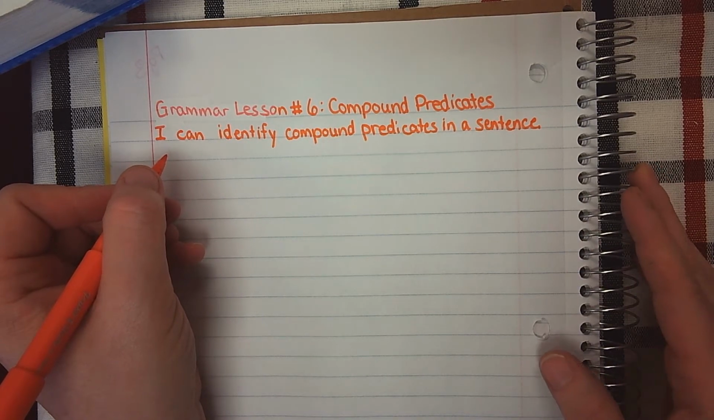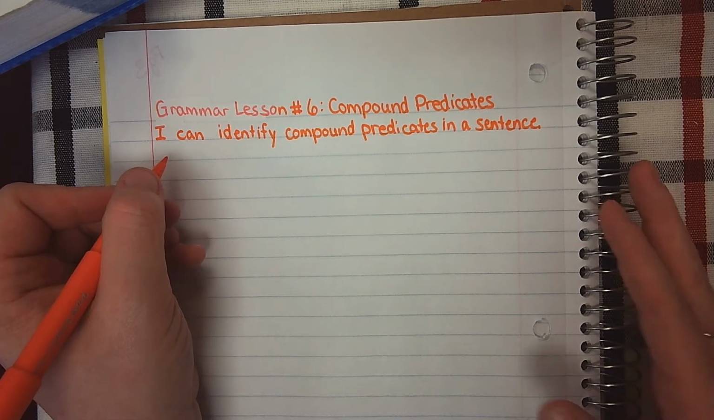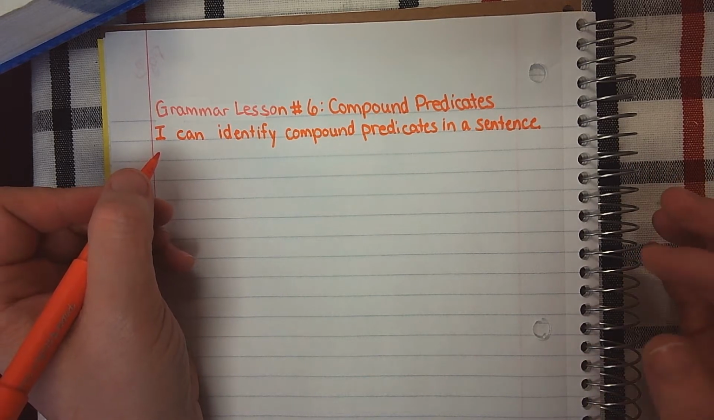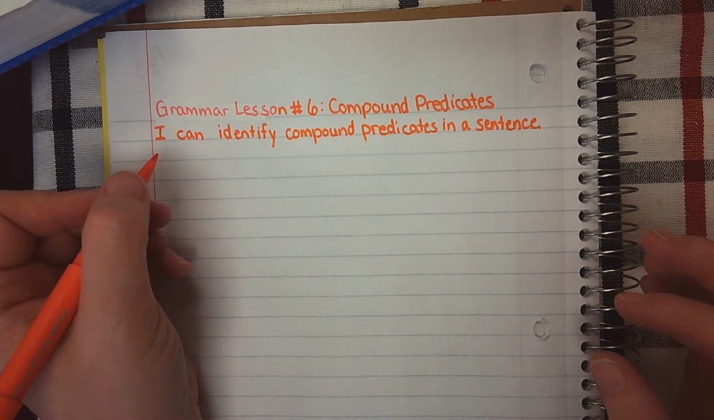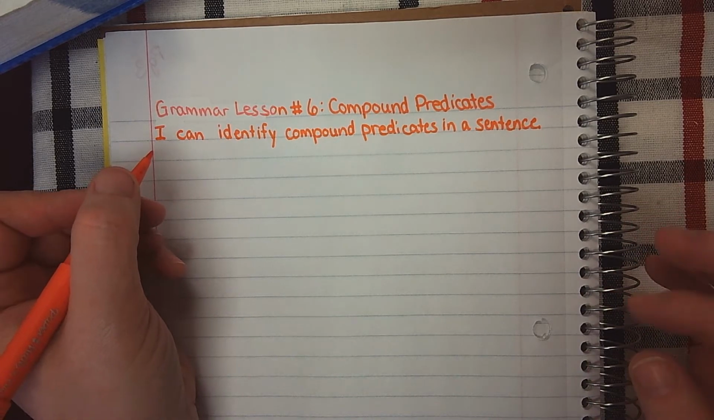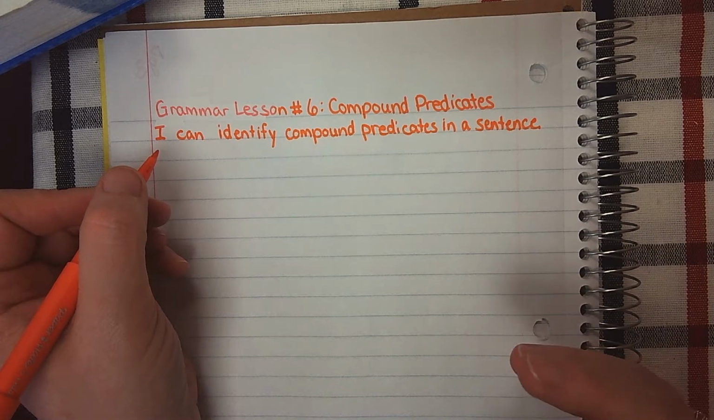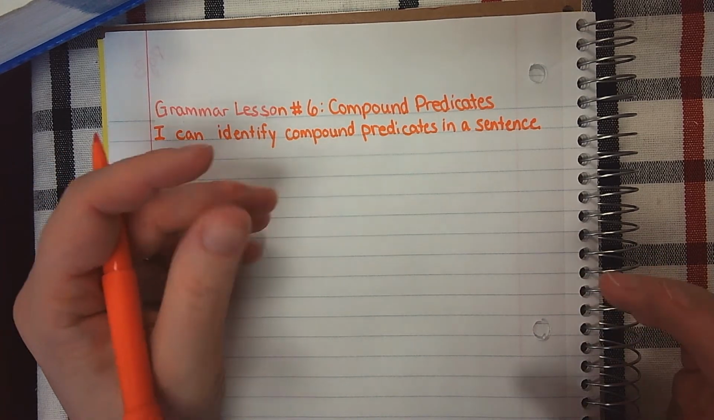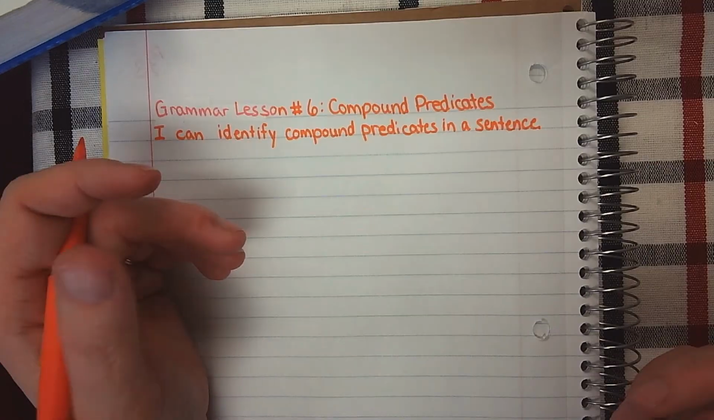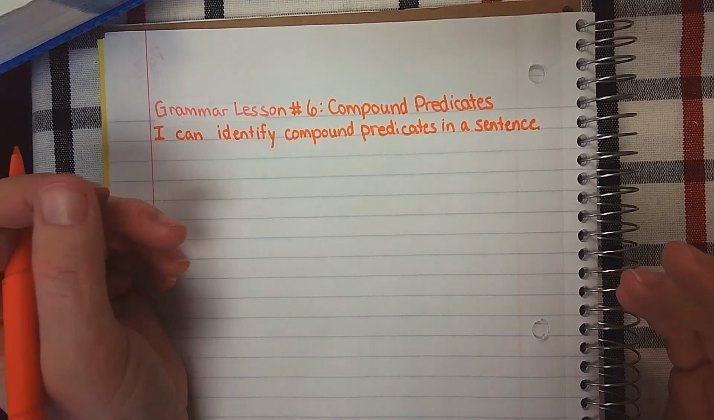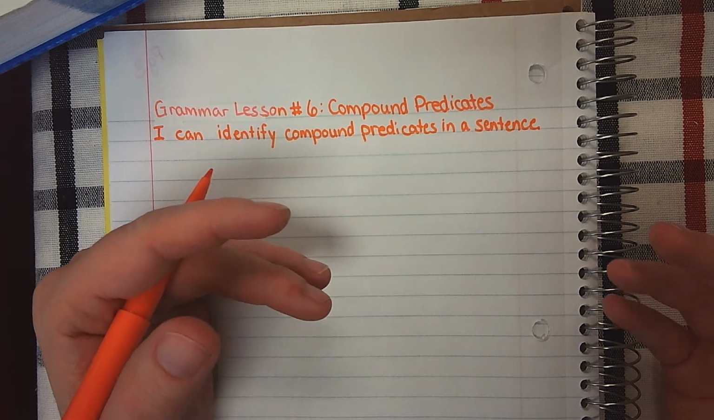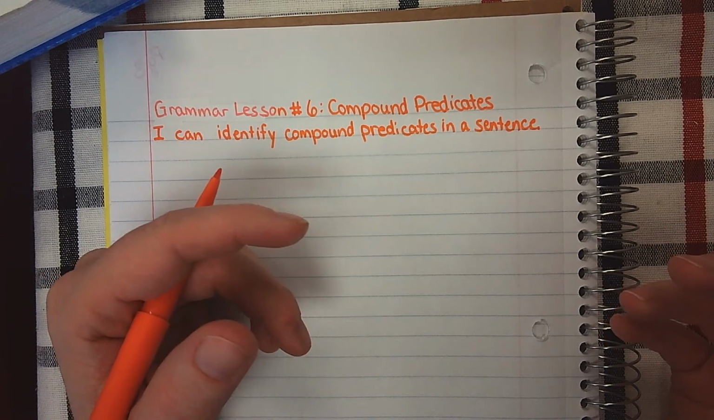So sometimes we have sentences in which two or more different subjects share the same verb. In this type of situation, when we're talking about compound predicates, we're talking about one subject sharing multiple verbs. So it's one subject maybe doing multiple things at the same time, or one subject in which we're telling two different things about. So let's start with the definition of what a